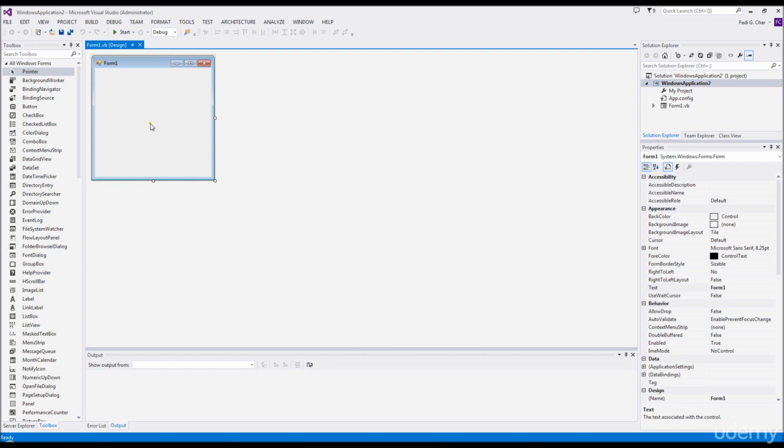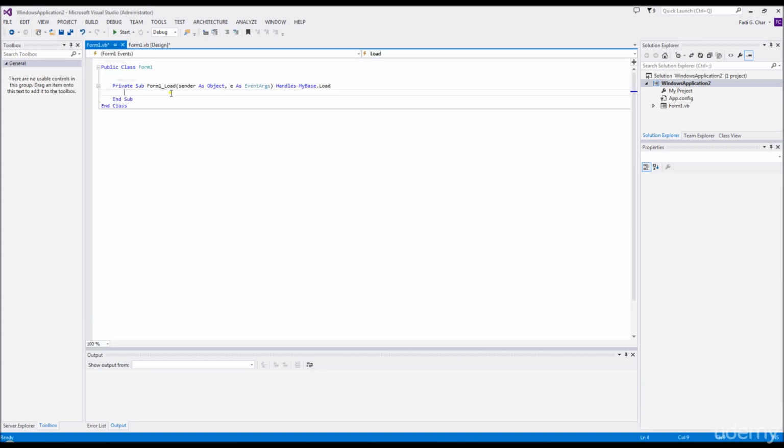So double click on the form, choose an empty form and double click on it, and we are going to insert here the first thing, which is going to be plus. First of all, we're going to create two variables, and we're going to give them identification. So how do we identify a variable? We go Dim, and we are going to name our variable plus. Yeah, let's keep it plus. So Dim plus As Integer, for example,